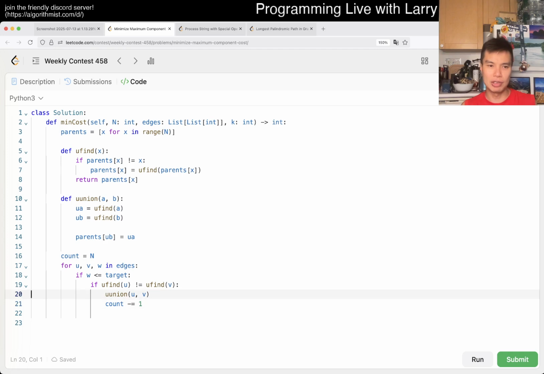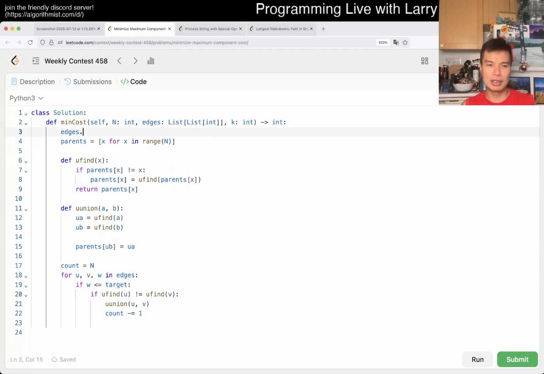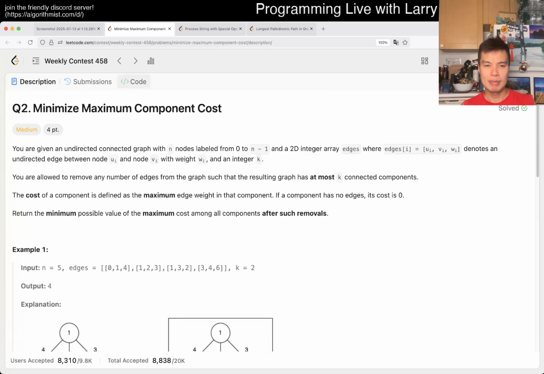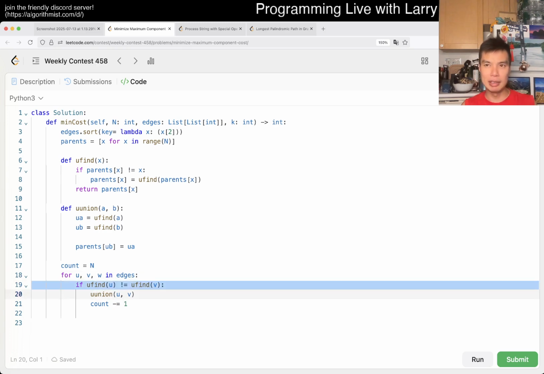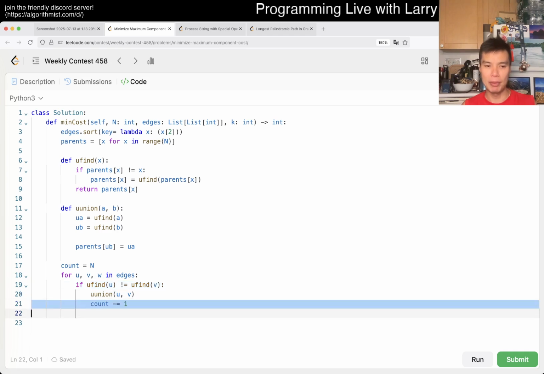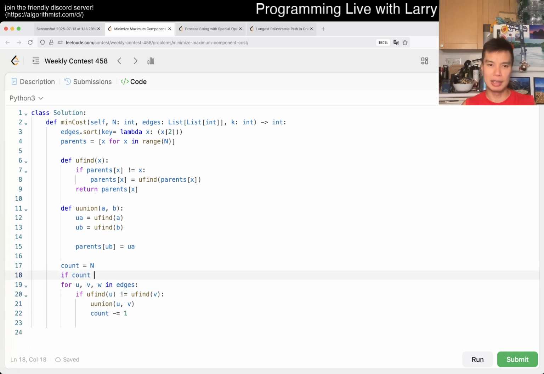So this is the union find thing, right? And then maybe we do an edge dot sort. We do a key lambda x, we sort, or syntax is wrong, we sort by the edges, right? Yeah, we sort by the weight, that is. And so that's what we sort by. And then we just kind of connect. We don't need this. If the edge connects two different components, then we subtract one component. And then if count is